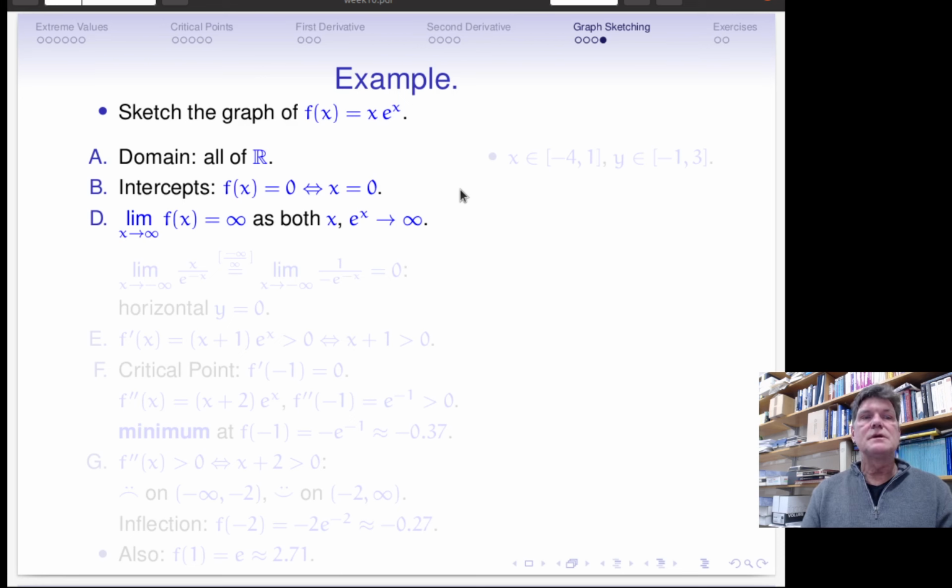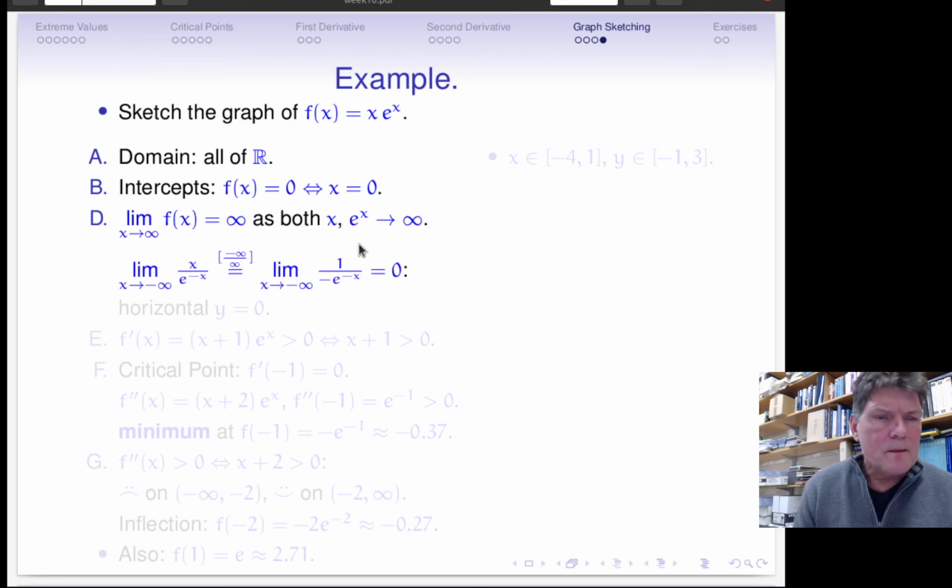For the asymptotes, the limit as x goes to infinity of this f of x is infinity, as both factors x and e to the x go to infinity. The limit as x goes to minus infinity here is not so clear. The e to the x approaches 0 as x goes to minus infinity and x goes to minus infinity. There's a competition between the two factors, which goes where, or in other words, this is a case for L'Hopital's